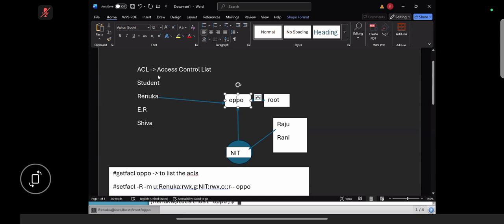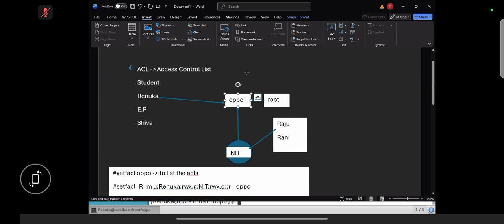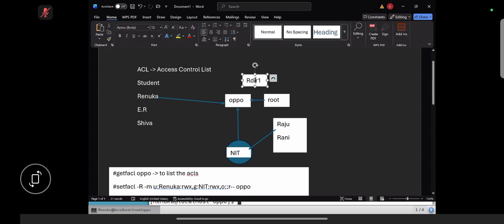For example, Renuka is trying to create one directory called RDIR1, that is the directory name. So who has the access by default? Only Renuka, right? Only Renuka has the access to use this directory